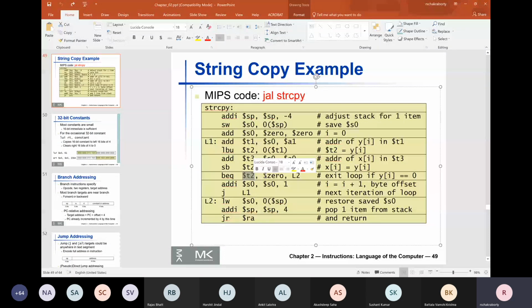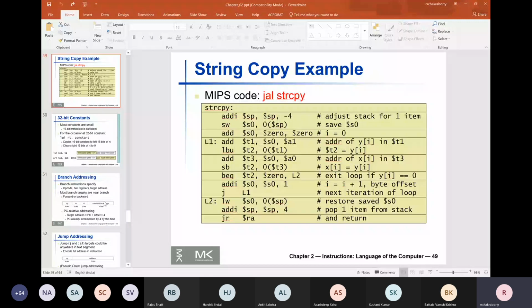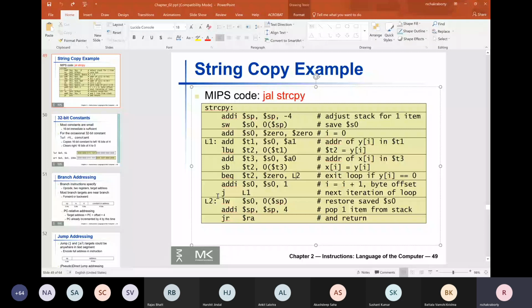What can you do? One general observation is that most branch targets are near the branch instruction. If you look at the BEQ instruction here, where was it branching if these two registers are equal? It was branching to L2, which is at a distance of only 3 instructions from it. The difference between the end of this instruction and the start of the target is only 8 bytes, because each instruction occupies 4 bytes in memory.